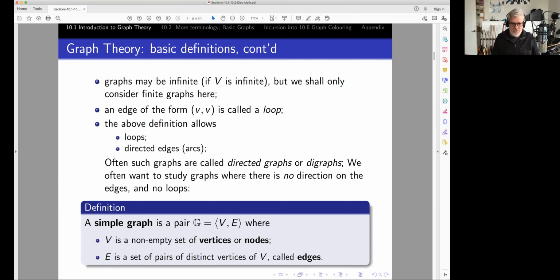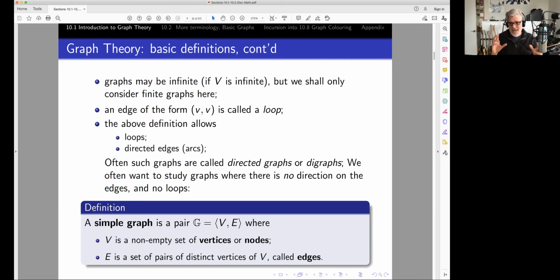Sometimes, often, these are called directed graphs or digraphs for short. Okay, this is the terminology that I'm used to. But often we are interested in graphs which have no orientation on the edges and no loops, and they get a special name. They're called simple graphs. So a simple graph is a graph which has just edges between two vertices but no direction, and there are no loops. Okay, so often a simple graph is defined as you can see here,